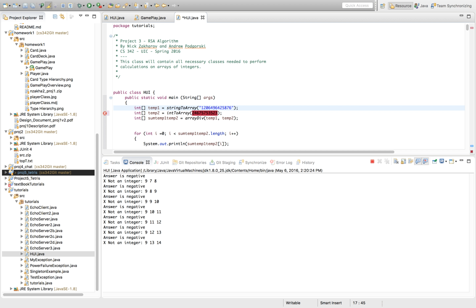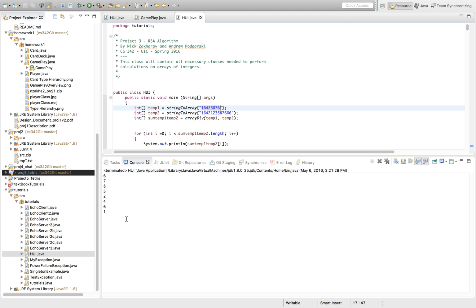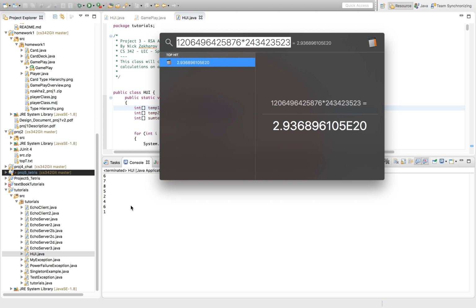So this has to be a smaller number. Here we'll do this. So the second number is 13 digits. This one's a little bit smaller to have a positive answer. And the answer is this. And if we run it on the calculator,